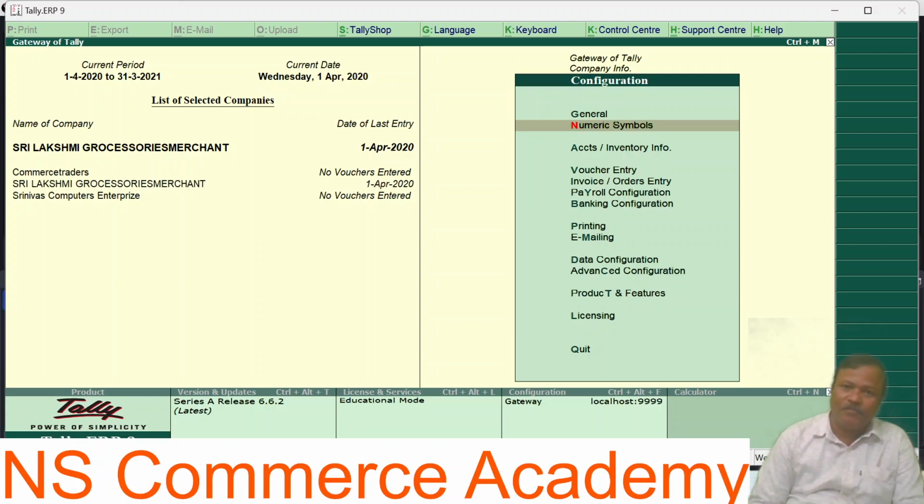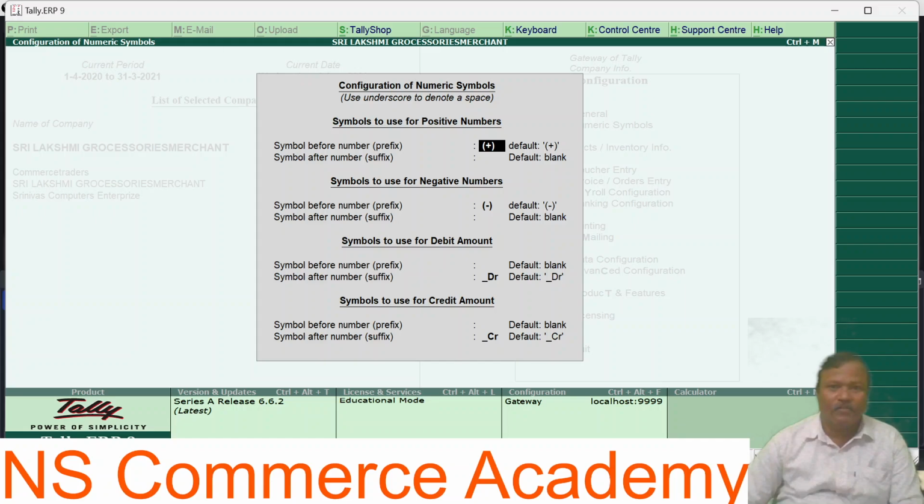Then come to the numeric symbols. Here the numeric symbol configuration will be there. Symbol before number, by default, will be there. Symbols after number suffix, by default, will be blank.